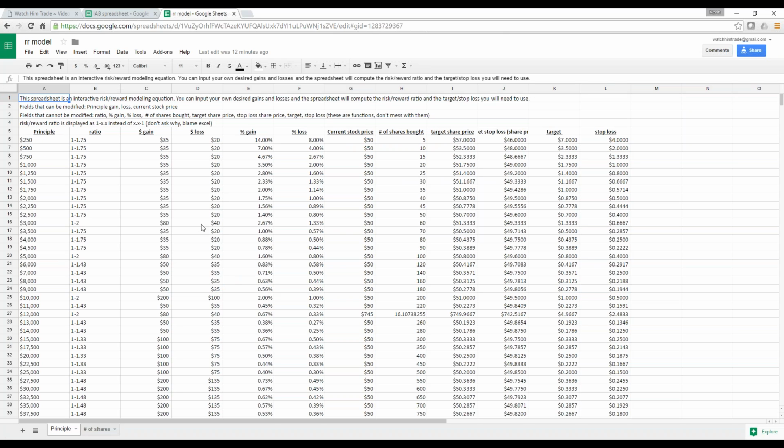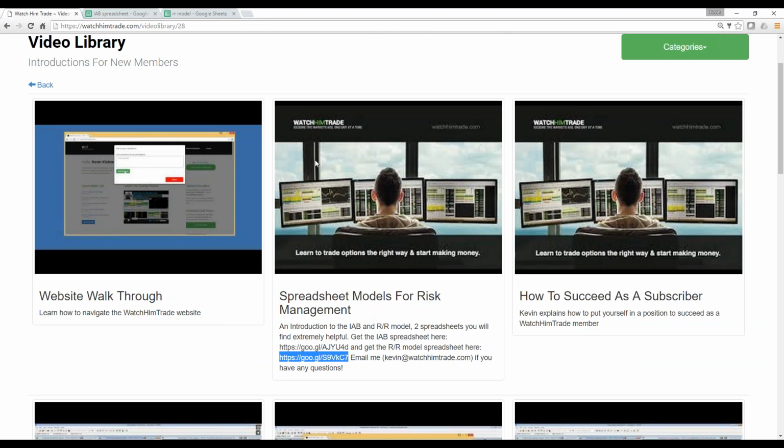So every single member has access to these spreadsheets simply by logging in, going to the video archive, and selecting this video. And if you click this video, it will give you a walkthrough on the instructions on how to use it, just like I did here. So I hope you find these very useful. I encourage you to mess around with them. If you get any questions, email me,